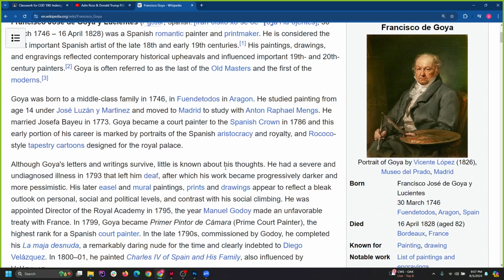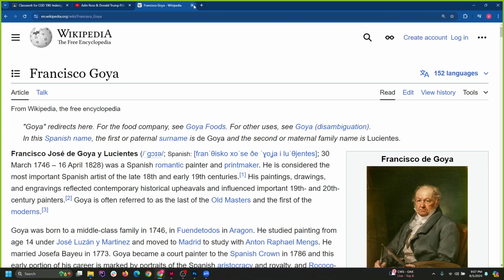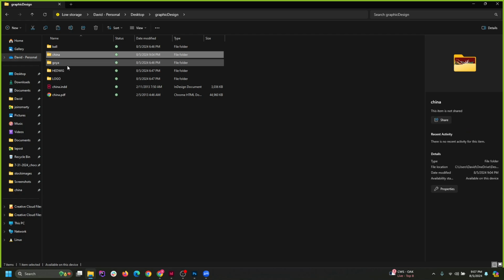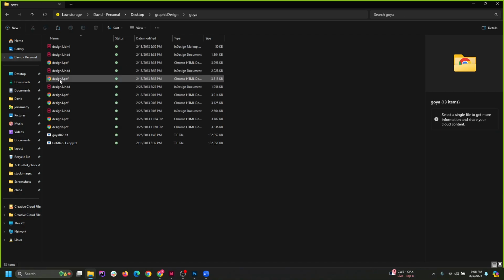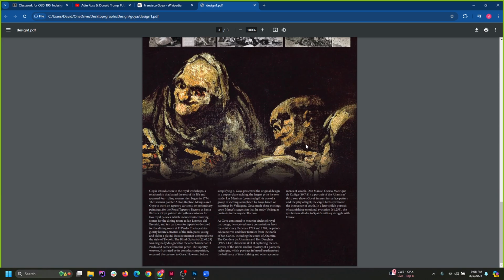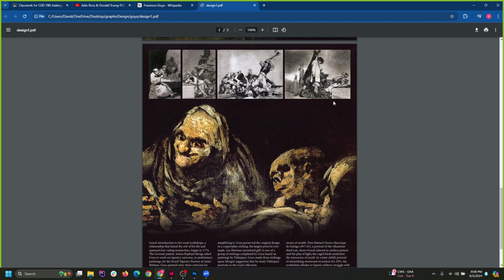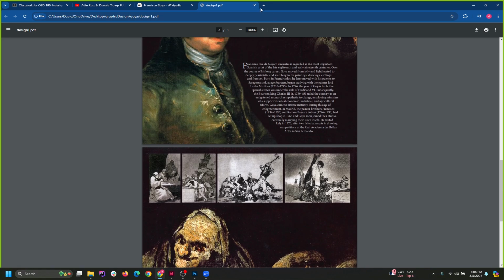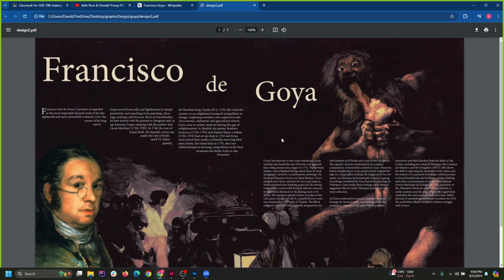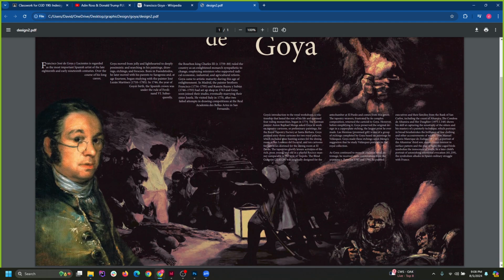Okay, and I was going to do another one. I was going to give you a second option, but yeah, I guess we could do this second option, which is to do an artist. It's kind of similar, that's why I was thinking we could do both of these. Oops, I saved this one wrong. So you can see this one got saved as pages. It should be spreads, so they should be side by side, like this. So you could do China or you could do